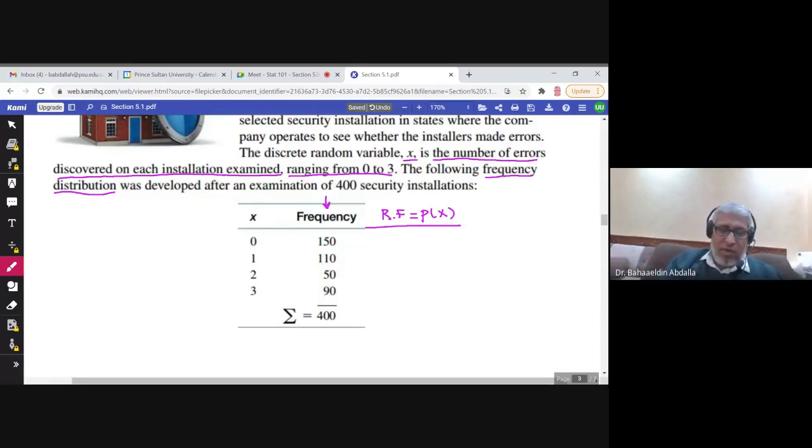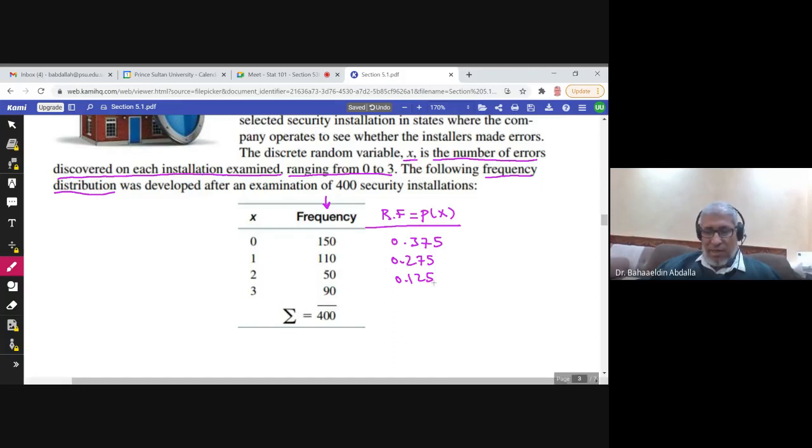I have to divide each number by the total. So if you divide 150 by 400, you get 0.375. So this is the probability of 0. If you divide 110 over 400, you get 0.275. So this is the probability of 1. Probability of 2 is 0.125. And probability of 3, you can find by two methods, either by dividing 90 over 400